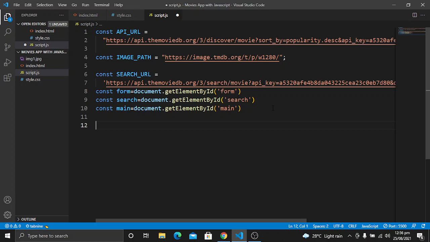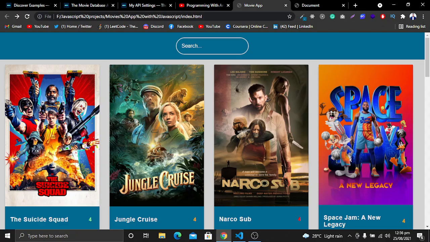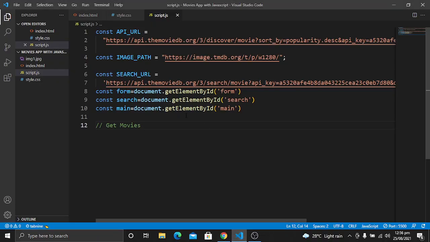And underneath this, I want to run the function for this JavaScript file. So when our app loads, it will automatically show these movies on reload. For this we will create the function which will be getMovies. So let's create this function.